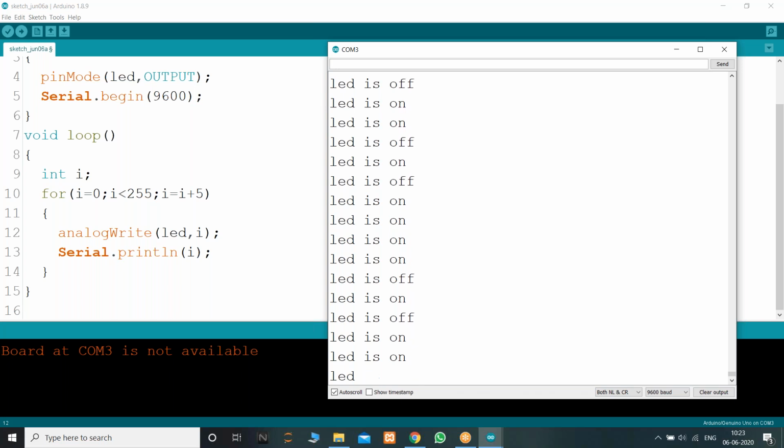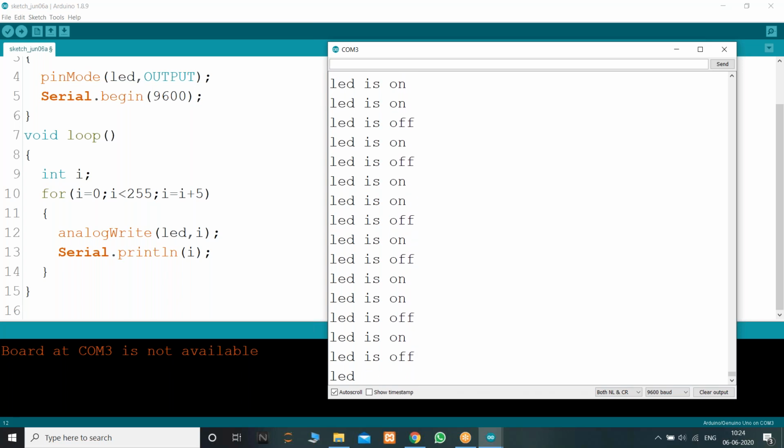We are using serial communication here for controlling these devices. We are passing some instructions to the serial monitor, and based on the serial instructions, the board responds. It is one-to-one communication.